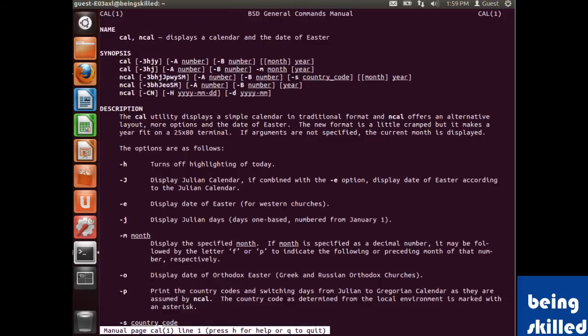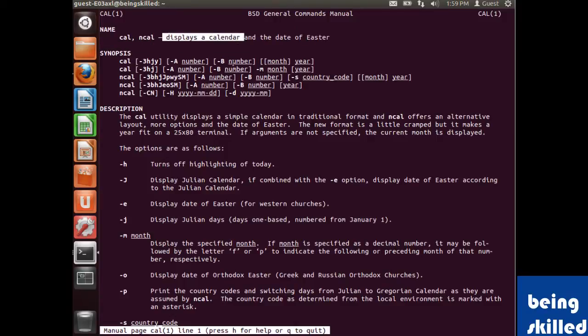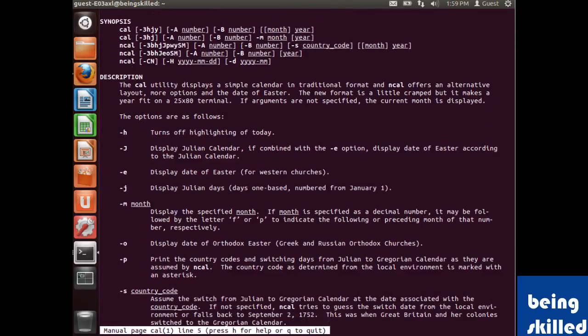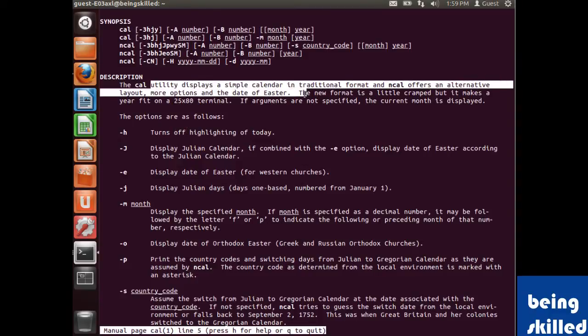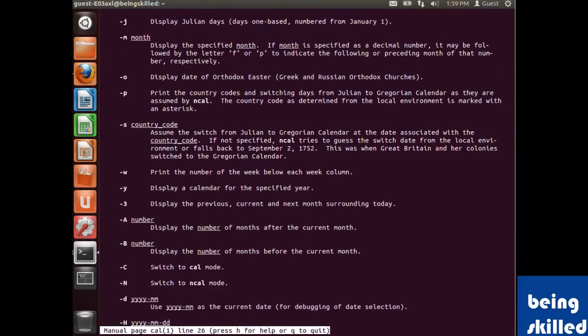To read more about it, we will open the manual, and it says it displays a calendar and the date of Easter. Right now we are concerned about the calendar, and it's a utility which displays a simple calendar in traditional, non-graphical format or mode.